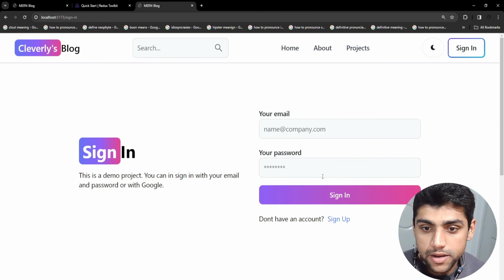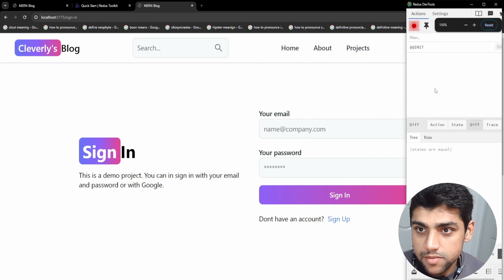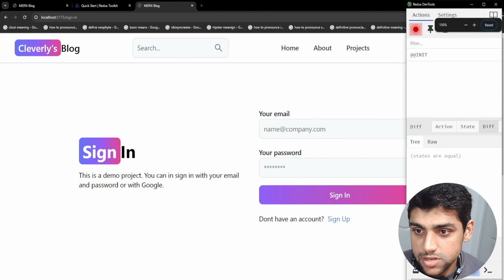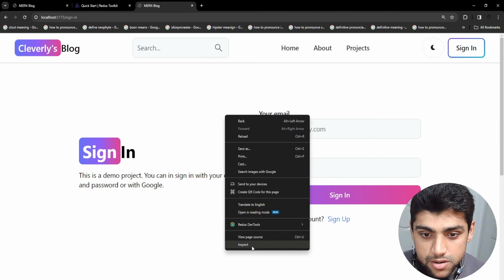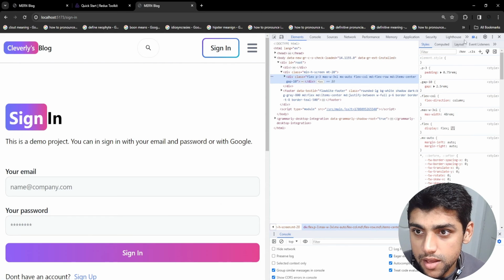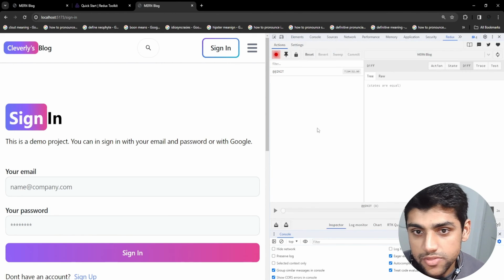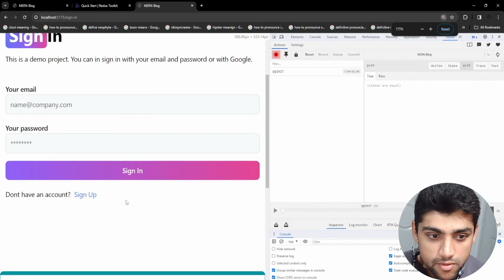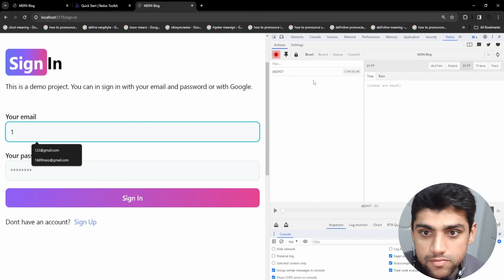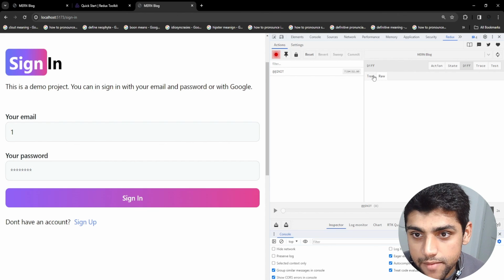I'll put it to the right. Essentially it looks like this, but it comes with the inspect as well. Yeah, this one. So right in here now, if I provide my info,